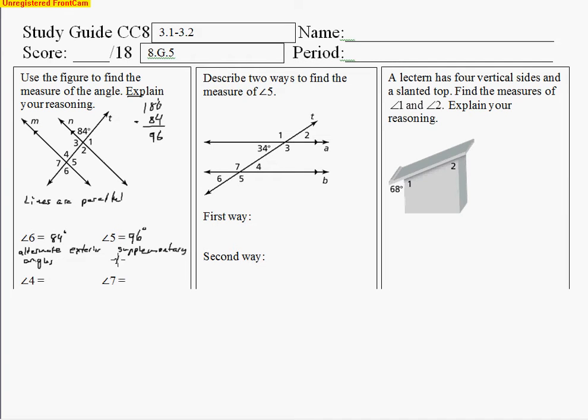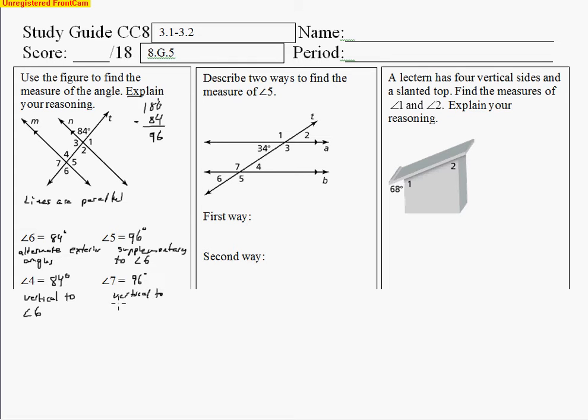to angle 6. Now angle 4 is vertical to angle 6, and it's going to be exactly the same, because for all vertical angles, no matter whether we have parallel lines or not, all we care about is two angles that share a common vertex and are opposite one another. And so angle 4 is going to end up equaling angle 6, which is 84 degrees, and we could say vertical to angle 6. And angle 7, well, that one's vertical to angle 5, and so that's going to end up equaling 96 degrees. And so we could say vertical